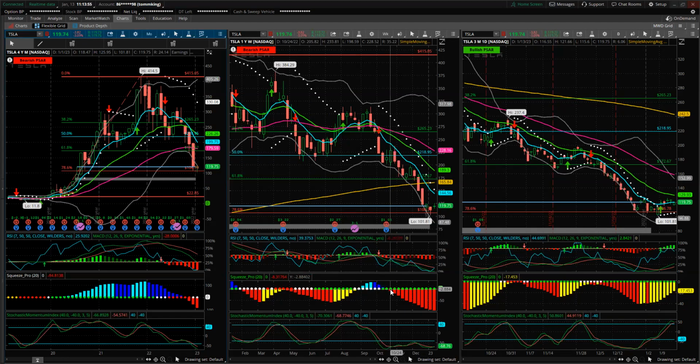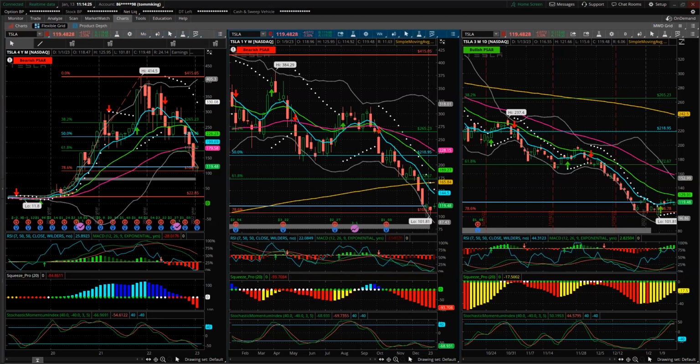Squeeze has fired here, and the squeeze has fired for many, many weeks. Typically, squeeze will fire around 8 bars or so when it fires. It's over 8 bars now. So you've got 1, 2, 3, 4, 5, 6, 7, 8, 9, 10, 11, 12, maybe. So maybe 12 bars. That's well beyond the normal or average 8 that you see. So this is why I've placed some recent trades on Tesla. This is why I have a put spread on Tesla in here,